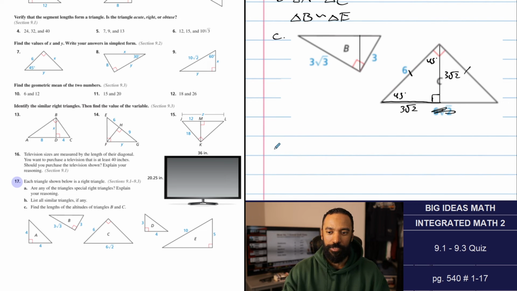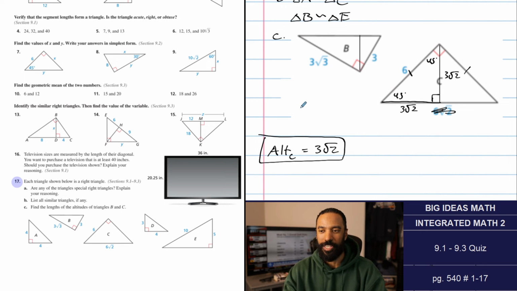So the altitude of C is 3 root 2. I don't know how else to put that better, but I'm just going to put alt C. B's altitude,